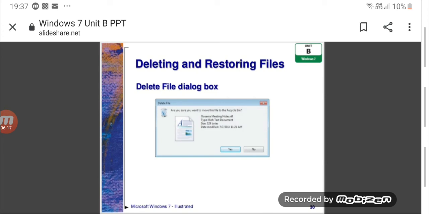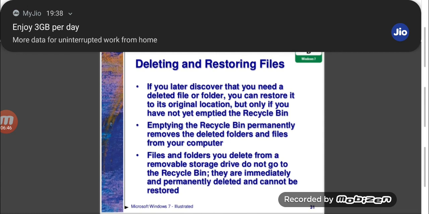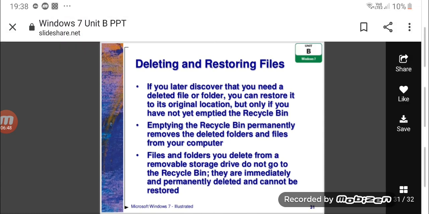Once you select files and click on delete, it asks you to confirm whether you want to delete this file. If you are deleting something by mistake, then you can click on no. Now if you need to recover a deleted file, so by mistake you have deleted it and now you realize that you need that file, if you have not removed the file from the recycle bin, it can be recovered.